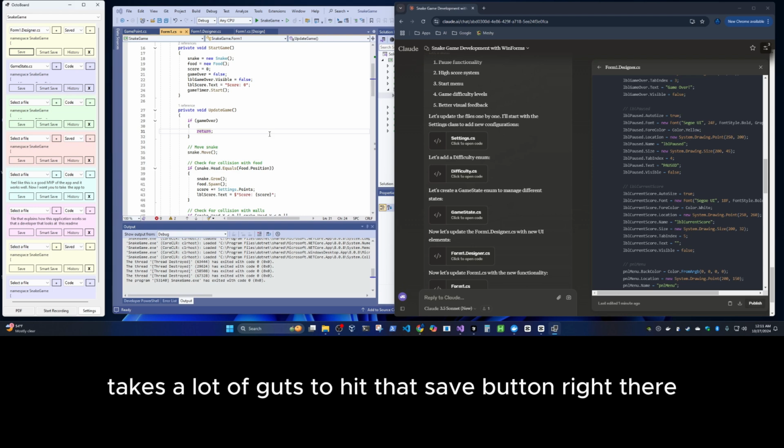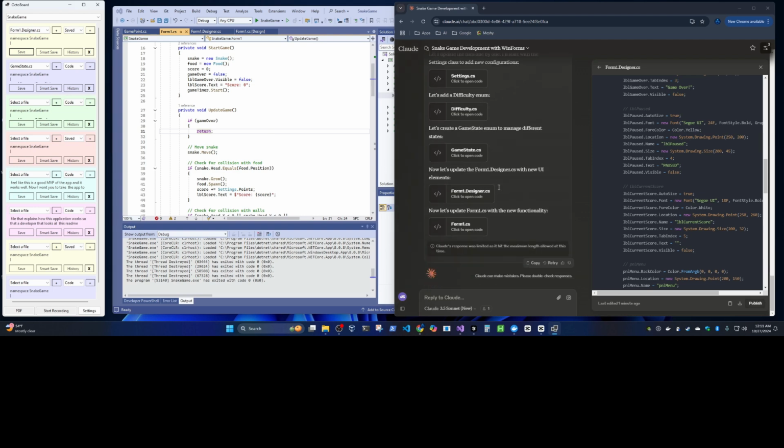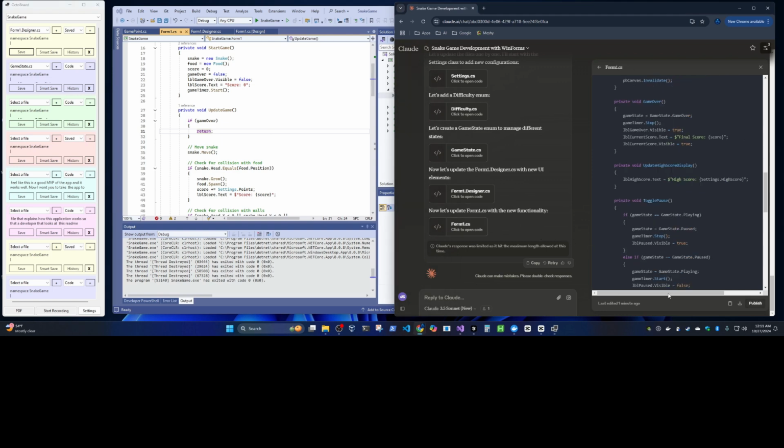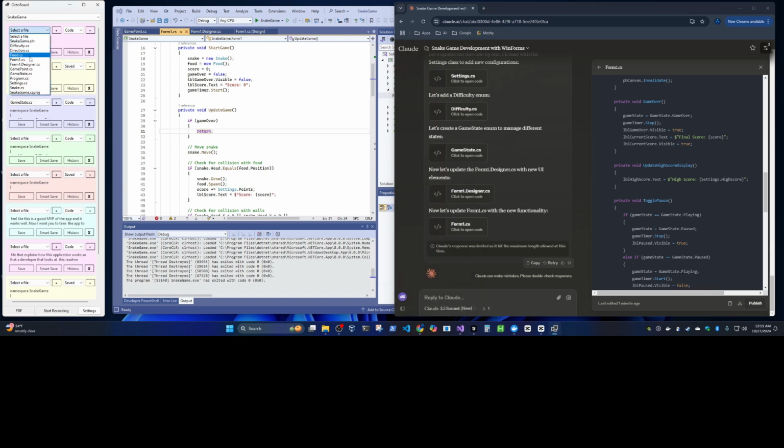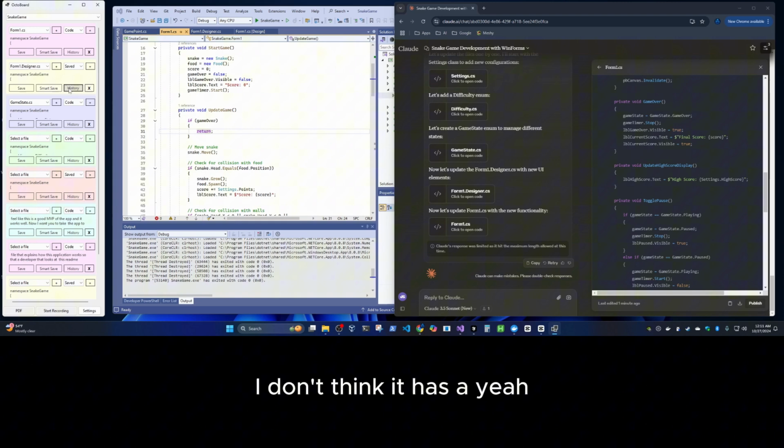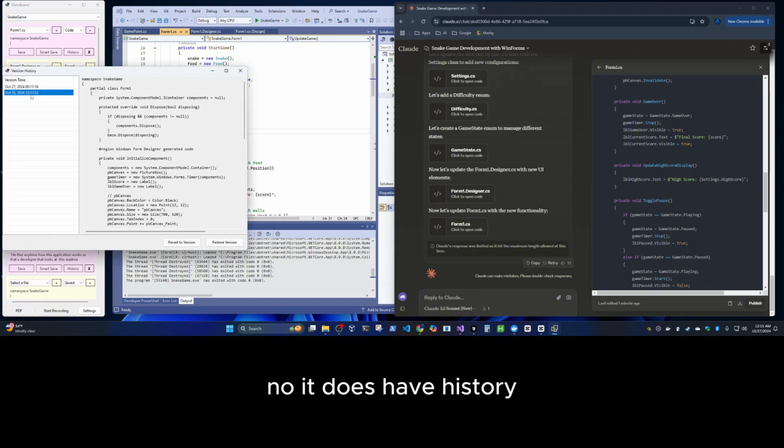Takes a lot of guts to hit that save button right there. You can undo it in the code editor. I don't think it has a... Yeah, no, it does have history.